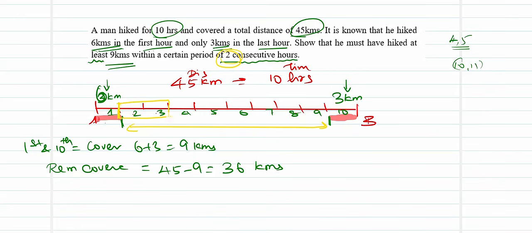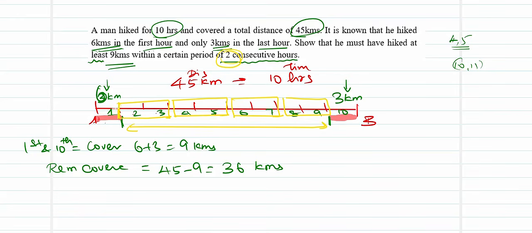2 and 3 will be 1 consecutive hour. 4 and 5 will be next consecutive hour. My 6 and 7 will be the next consecutive hour. And 8 and 9 will be the last consecutive hours. So